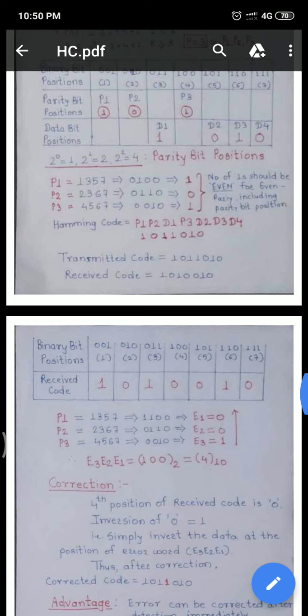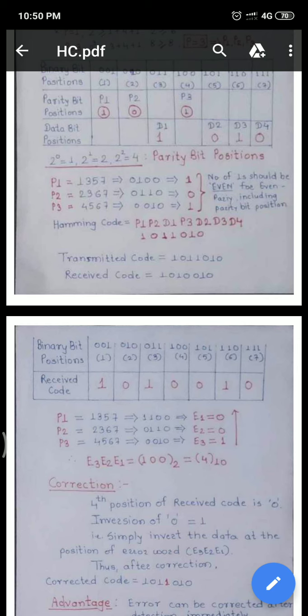Okay, so you can see we have written 1010010. Actually the data is 1011010. We have written 0 at the fourth position of this data instead of 1.